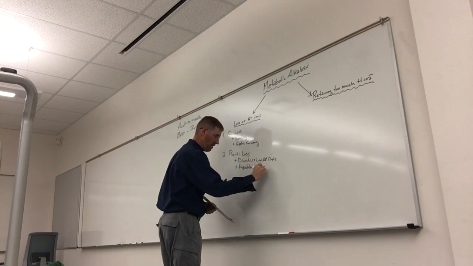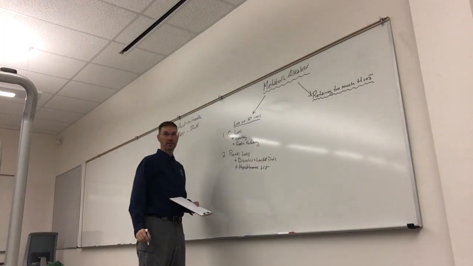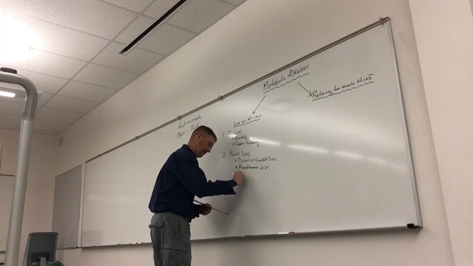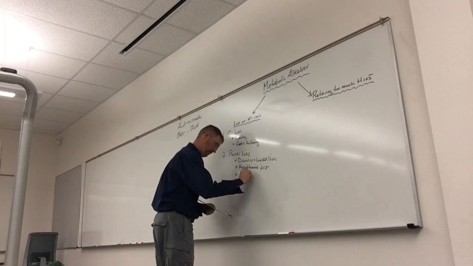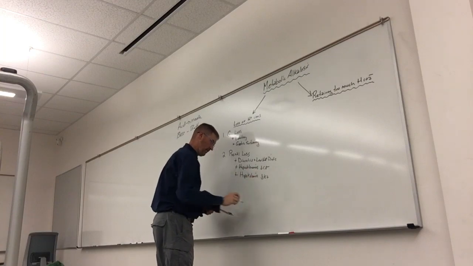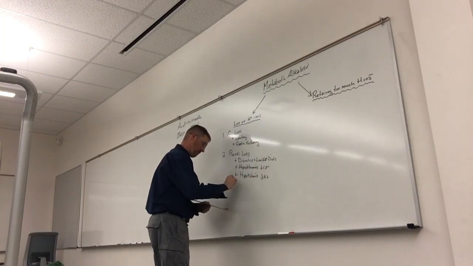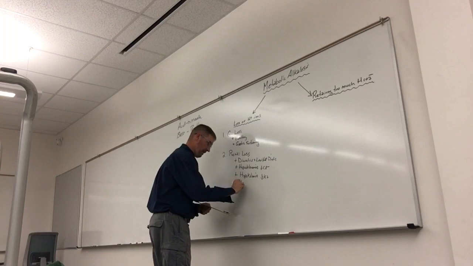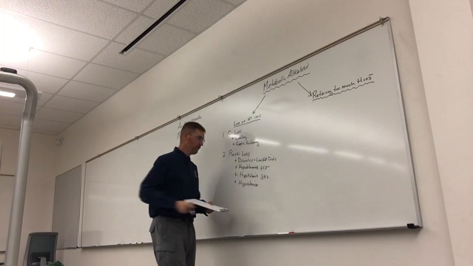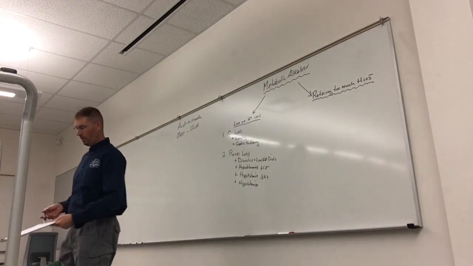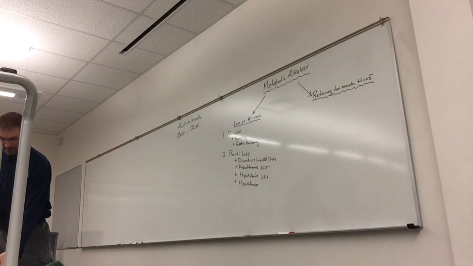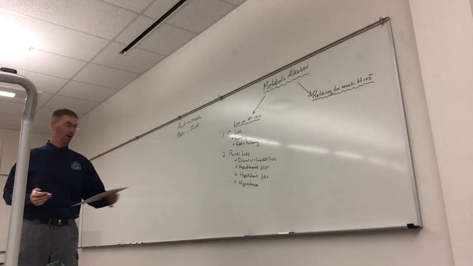Hypochloremia, decreased chloride concentration, right? Hypokalemia, or decreased potassium. Hypovolemia, right? Decreased fluid volume. So all of these, some of these, or a combination of these, can cause renal loss